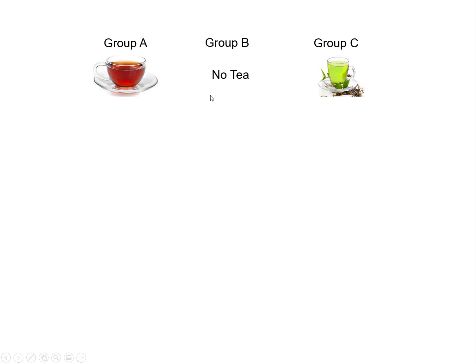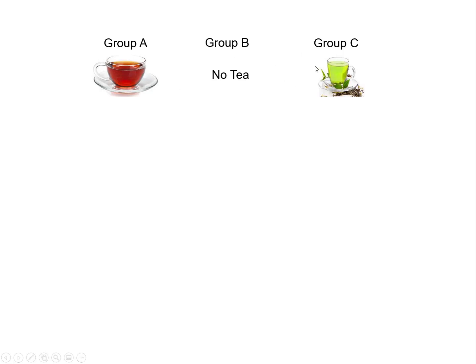We can compare these two and analyze whether the means of these groups are the same, or if the variation is different, then we will say no, these do not have the same mean. Let's suppose those who drink black tea have a great impact on weight loss compared to those who do not drink black tea. For this purpose we can use a t-test. A t-test can be used only for 2 groups, such as black tea and no tea. You can use the t-test multiple times.